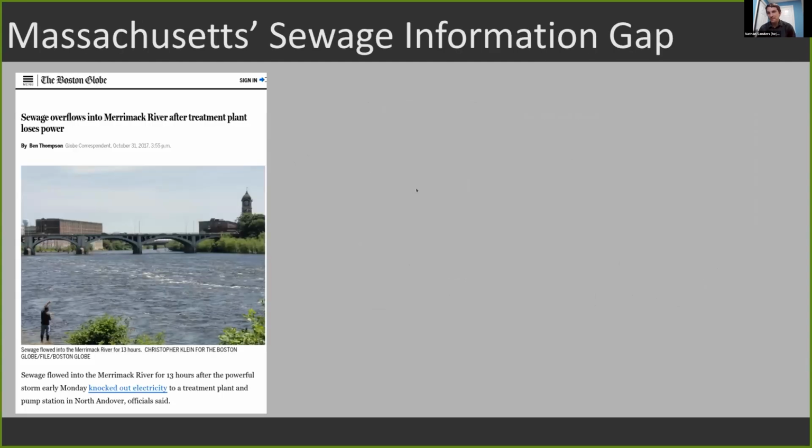So I'll start with a story. I'm going to use a story to illustrate the information gap that has existed for decades in Massachusetts around this problem of sewage pollution. This is an article that was published in 2017, just a few years ago. It's actually about something that happened in my little town of North Andover, Massachusetts. One day we all woke up and there had been a storm that night, there had been a power outage, and we found out that our town's wastewater facility had discharged some amount of sewage